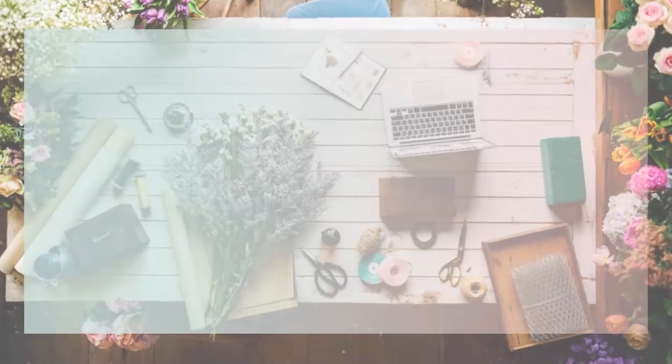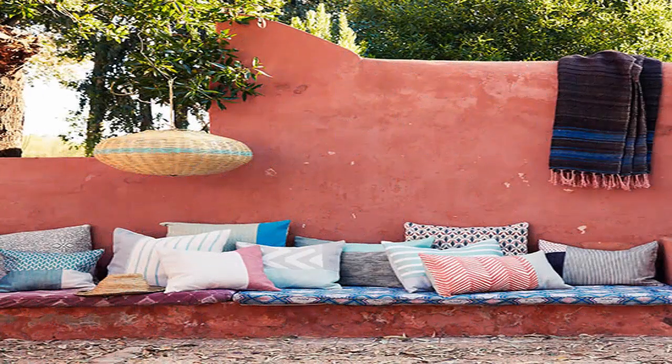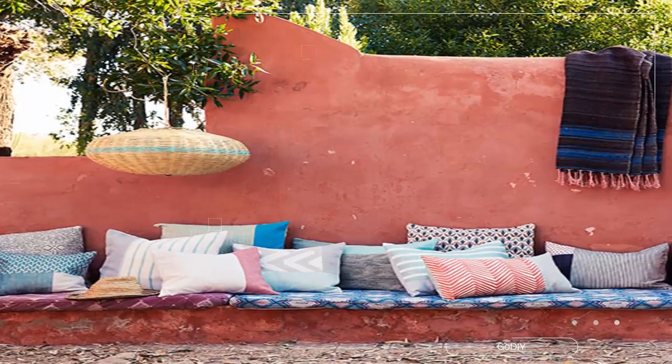Day to night garden ideas to make the most of summer. 1. Be soft-hearted. There's so much to love about this versatile garden, not least the dusky watermelon tones of the